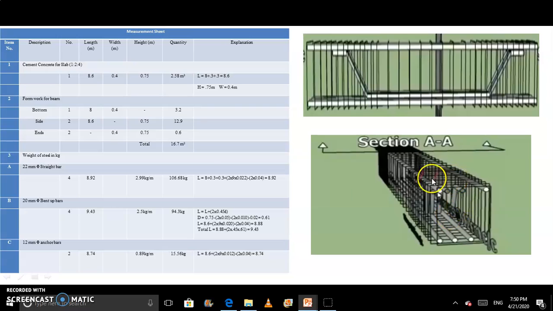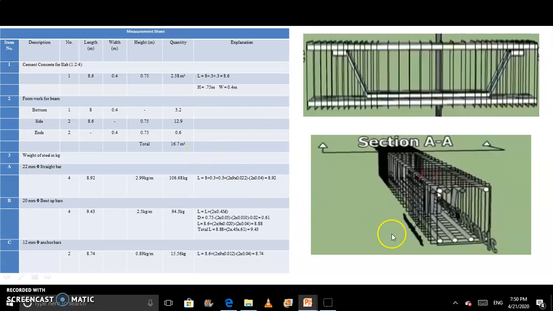0.75 meter as a height. So we get this value 0.6. How we get 0.4 is the width and 0.75 is the height. So we get this value, and after summing all the values we get 16.7 meter square as a formwork for